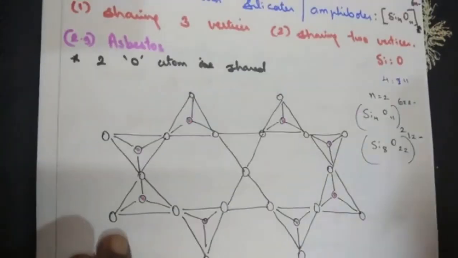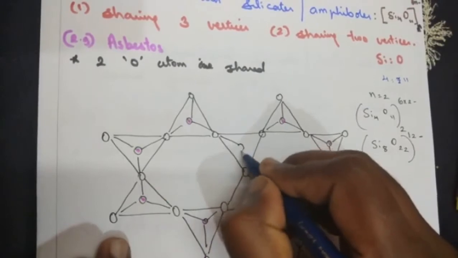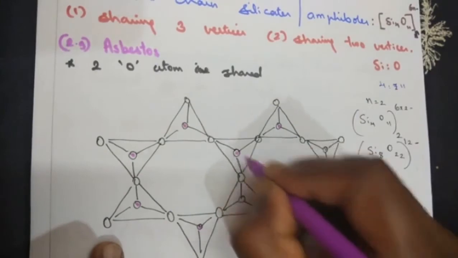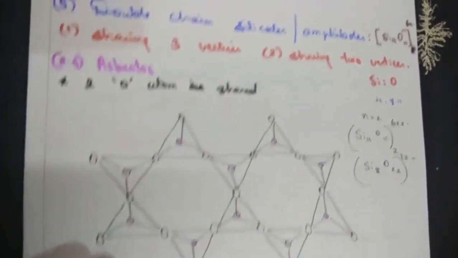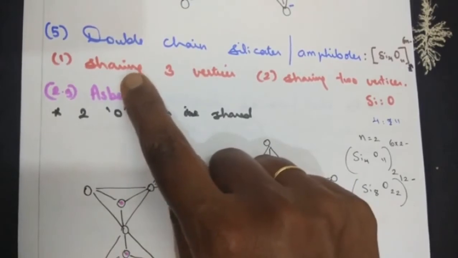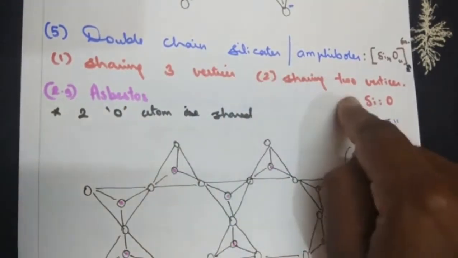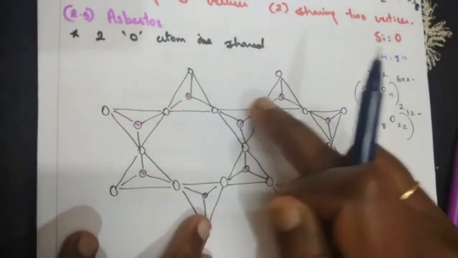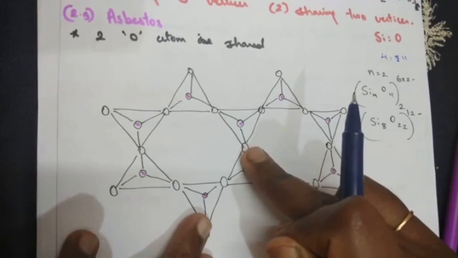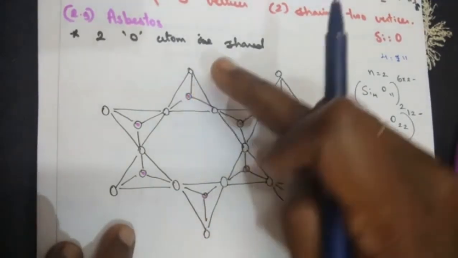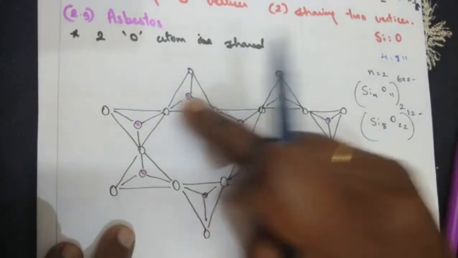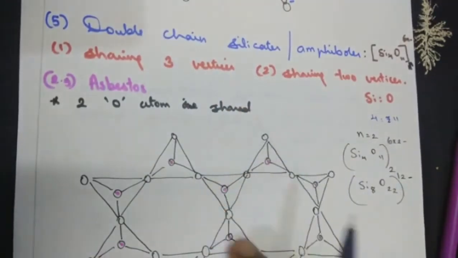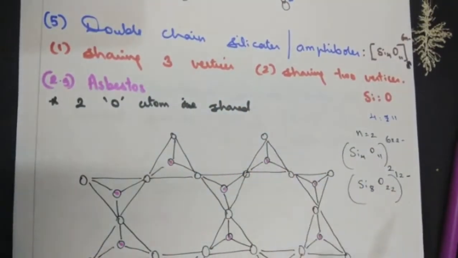Next what we have to show? Oh, I made 2 more mistakes here. Every unit should have the oxygen behind the plane. So bonded to silicon, bonded to silicon. Now what have we written? They share the 3 vertices sometimes and sometimes 2 vertices. Let's understand. If we talk about these 2 structures, all the 3 corners of the triangle are being shared. If we talk about the terminal ones, only 2 oxygen atoms, 2 corners are shared, 1 is not shared. That's the meaning of sometimes 3 vertices are shared, sometimes only 2 vertices are shared.